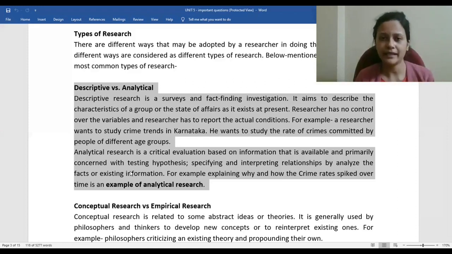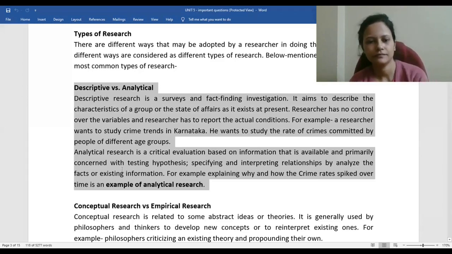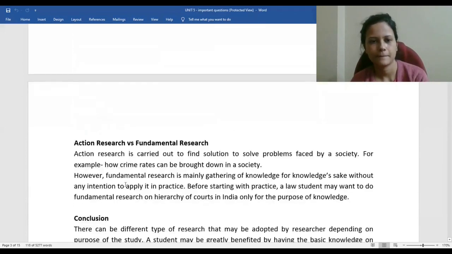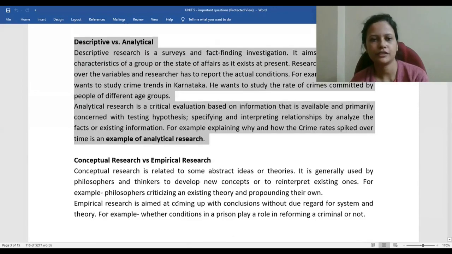You might read the entire legislation and say these are the shortcomings in this legislation. These things should have been added, or these things should not have been there. There also you are doing an analytical study. You are trying to figure out the defects in a certain existing legislation, and you are giving your own opinion over there. Okay. So that's the first classification which we have.